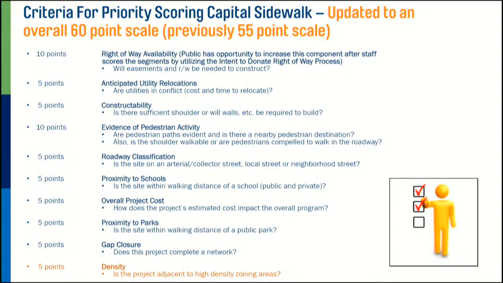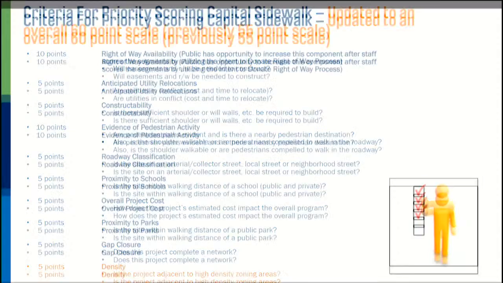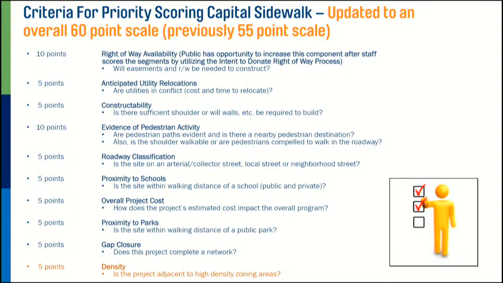So Mayor and Council, with that, this would be the updated scoring criteria. Now a 60-point scale with density as a 5-point value directly related to the city zoning map for density. Staff would reevaluate all of the candidate projects between now and the end of the calendar year in preparation for the Transportation Master Plan update. And then probably much like we did, no suggested schedule for that yet,